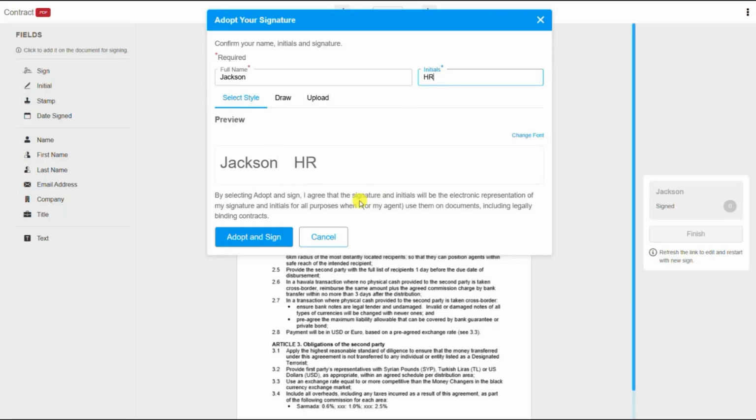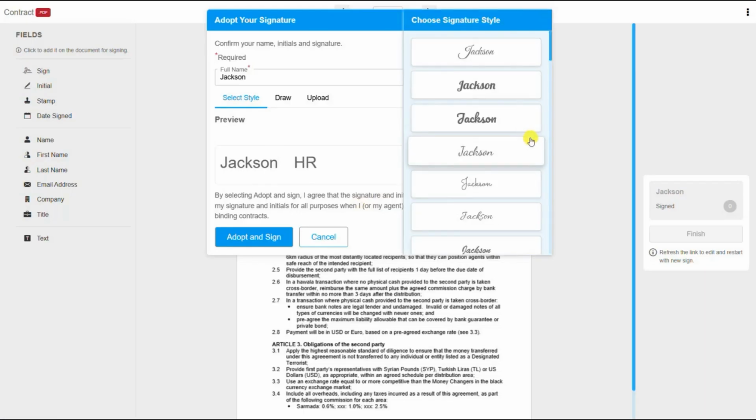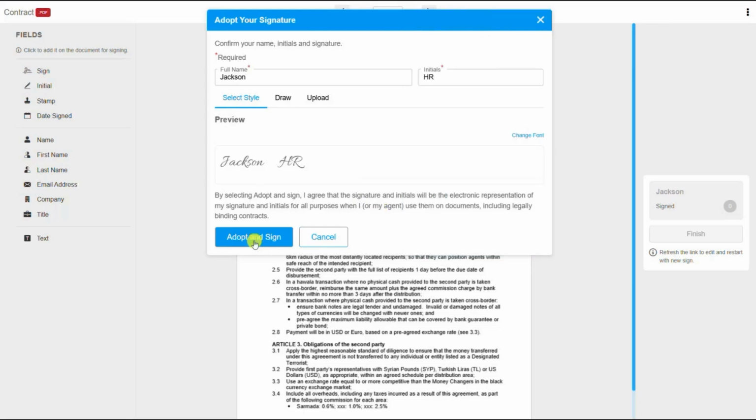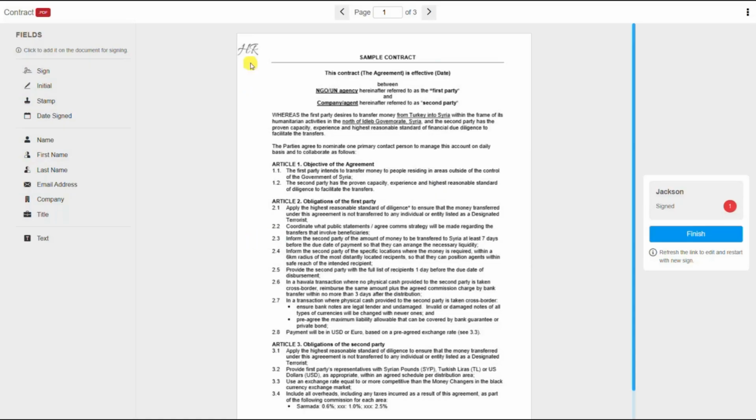The user can also change the font by clicking the Change Font option. This displays a list of available fonts, and the user can select it based on preference. The selected font will appear in the preview section. After selecting the initials, the user clicks the Adopt Your Sign button, and the initial signature is successfully applied to